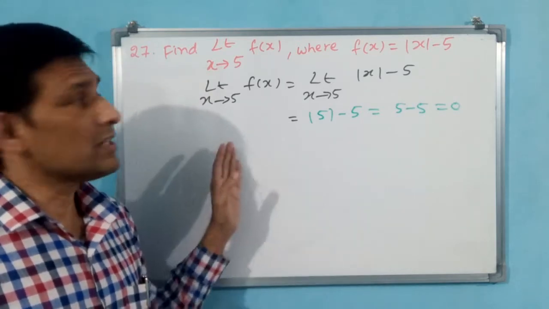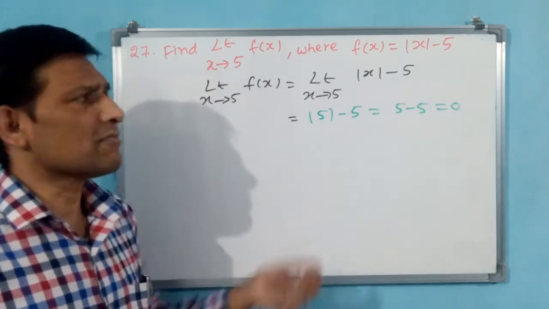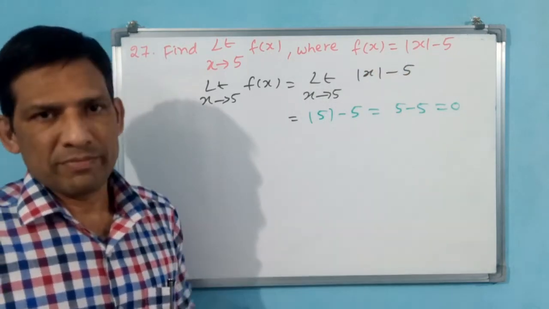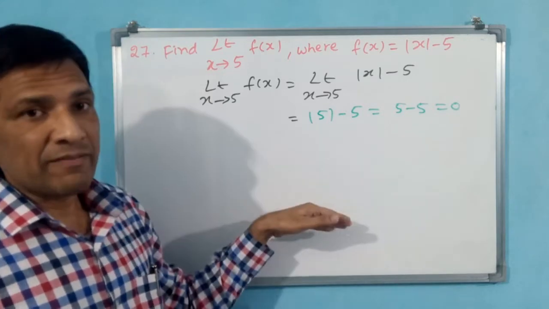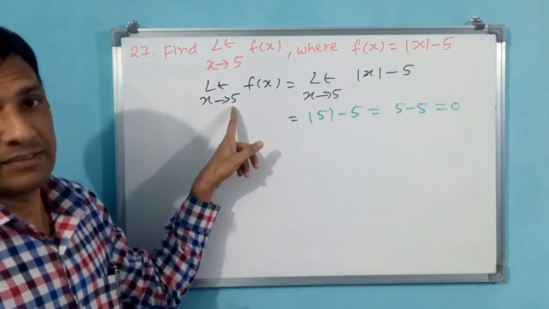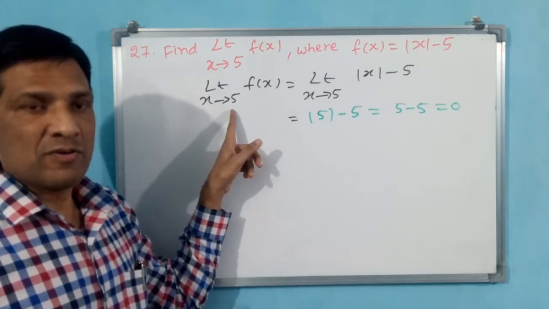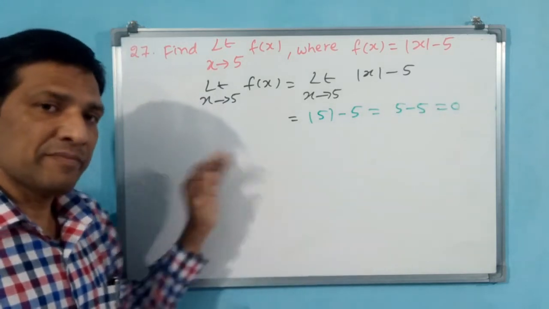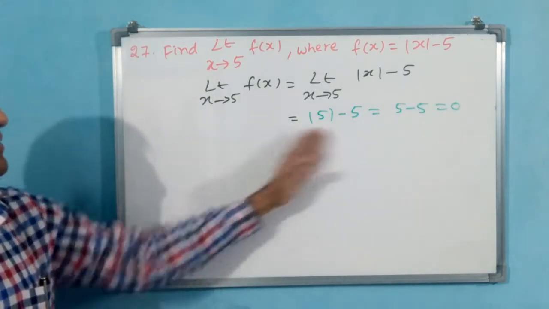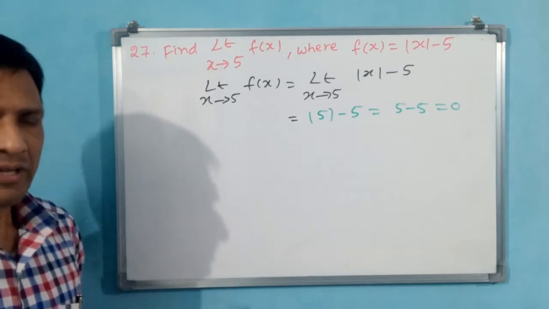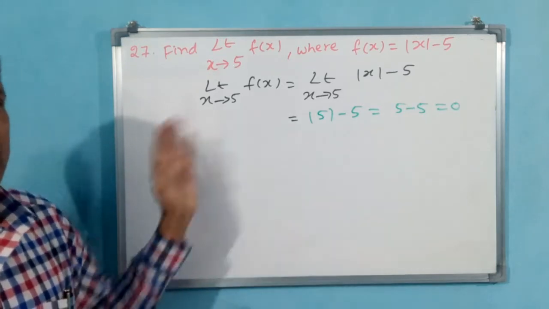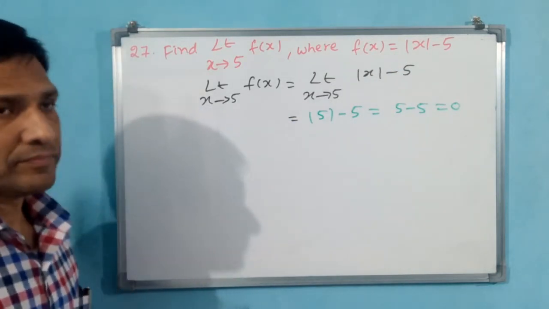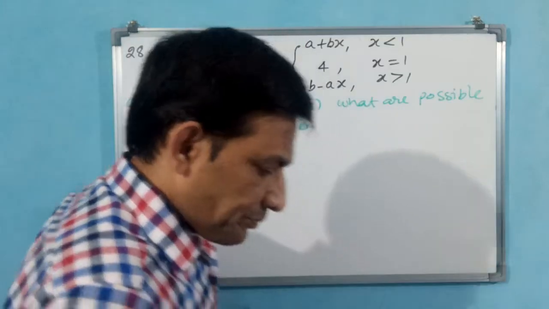One step. See, in the Hindi version I have done left hand limit, right hand limit also, but that is not required. Why? Because here no inequality is there. If equality is there, directly you can do it in one step. If there is an inequality, like less than 5, greater than 5, then you have to find left hand limit, right hand limit. Otherwise you can find directly like this. Okay, conceptually this is correct. You need not find left hand, right hand limit for equal functions. For unequal functions you have to find.